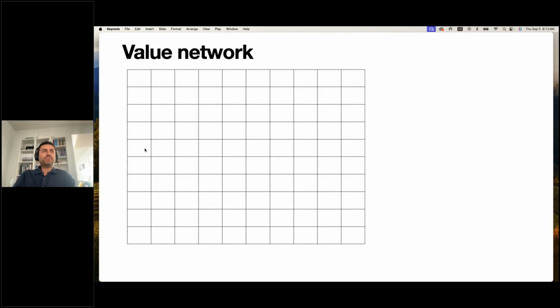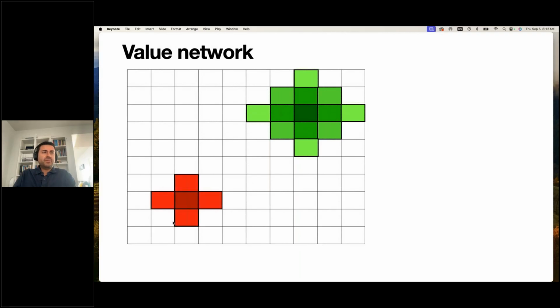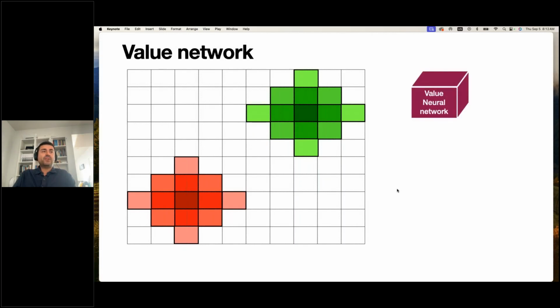Imagine that you have a value for this, and you figure out the value for this box, okay? And likely the values for the boxes around it are not very far from it, right? Like if this is a 4, this is either a 3.9 or 4.1, something similar, and the boxes around them are also similar. Same way, if this is a negative number, these are similar negative numbers, right? And so that hints at a neural network, because I could come up with a neural network and input the coordinates of the box and output the value. It's not going to be the exact value, but it's going to be something close to the value, okay?